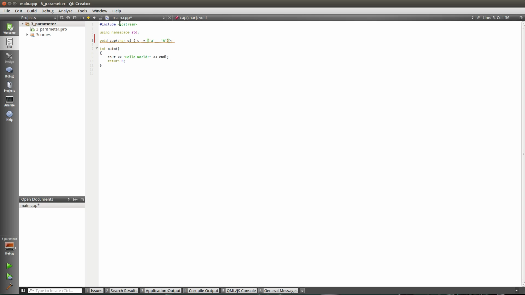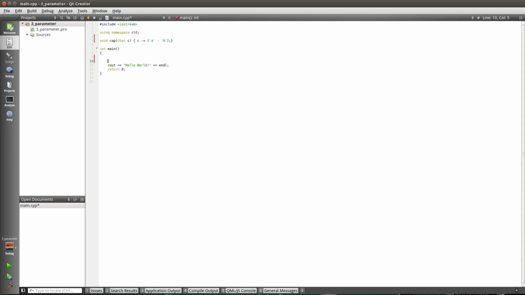and as you can see, we still need one more character here. As you can see, we don't use any return value. All we do is we just simply add an offset value to the local variable C. Now the C variable here is local. Its scope is strictly within the cap function. So let's see the result of this